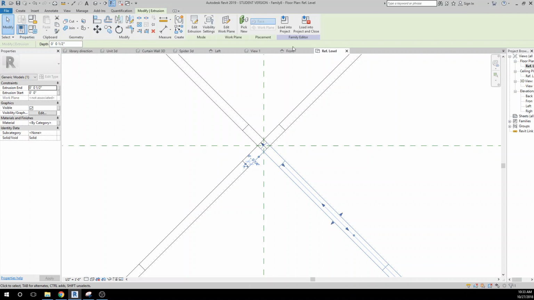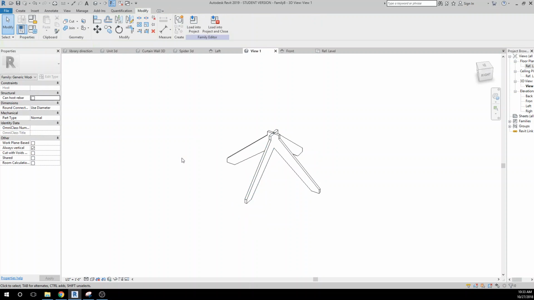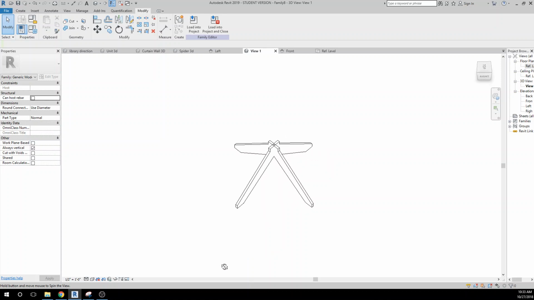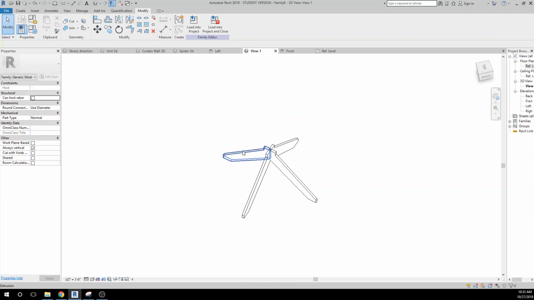And I'll go back to the 3D view. And now you get an idea of what this particular spider looks like. And I probably wasted a little bit of time because I actually should have done this with the pads in place. So I'm just going to go ahead and redo that again because we really need to create the pad that we need. So I'm going to go to the reference level again